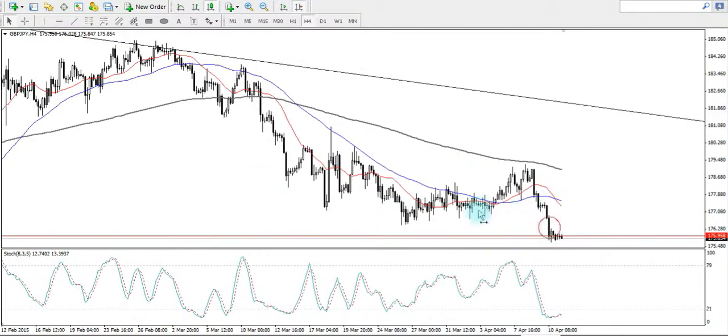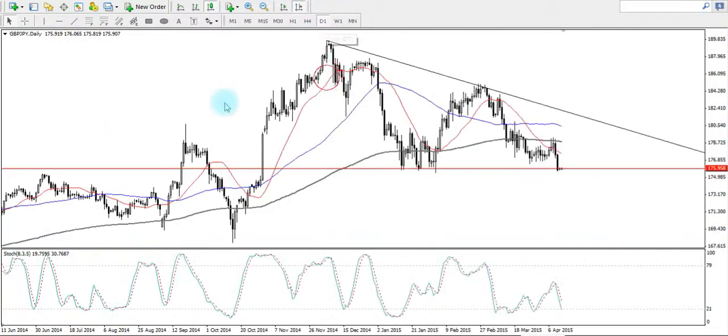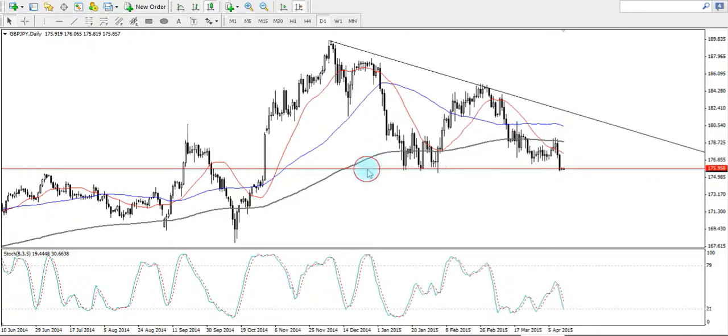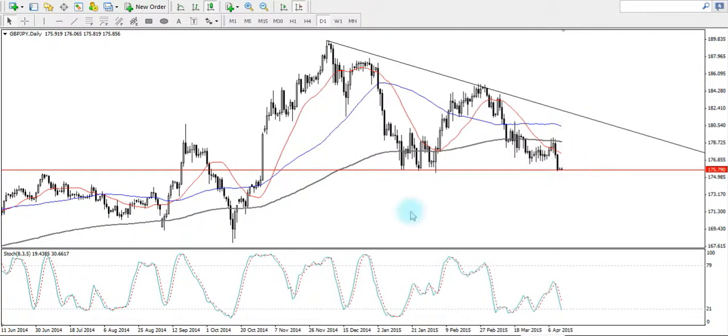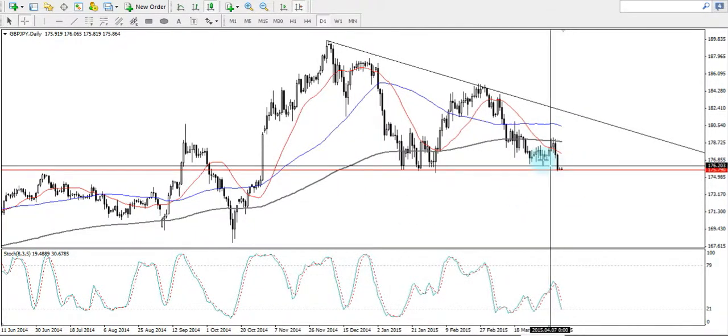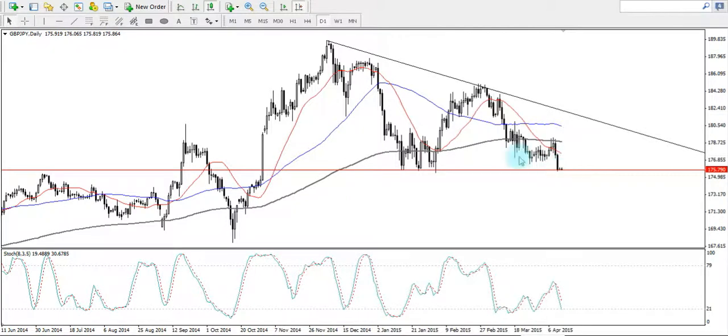Next, I would also like to touch on the pound against the Japanese yen. If you look at the daily chart itself, we'll see the price is currently at a low at the key support level. The price is 175.95. If you try to move it a little bit lower, it will be just nice at the price of 175.79. So at this moment itself, this could be a good chance to go for a long opportunity. But however,